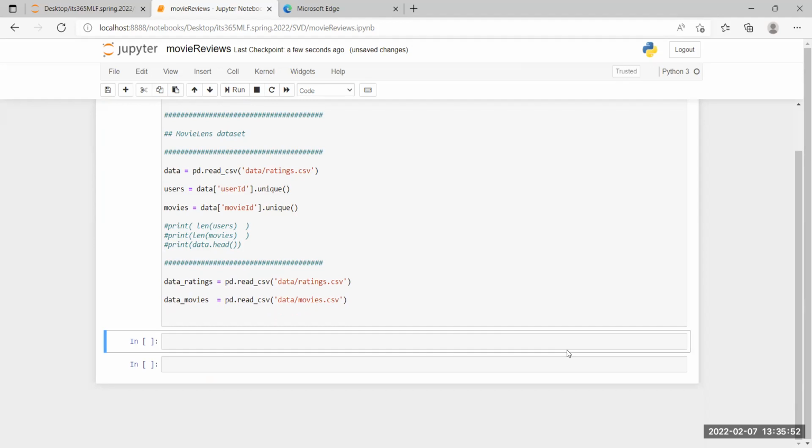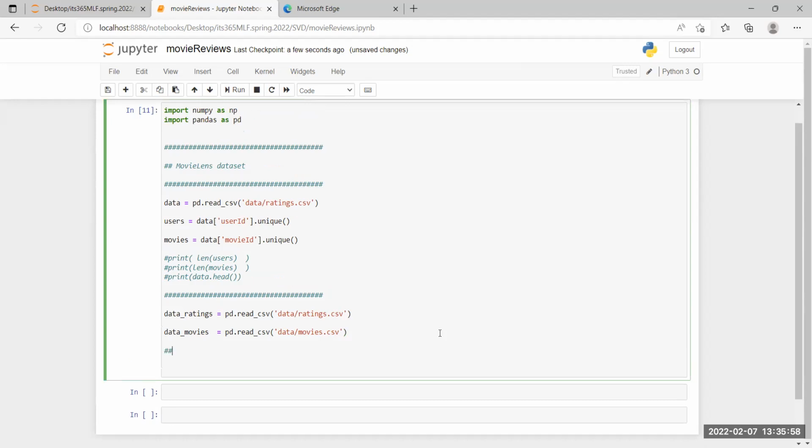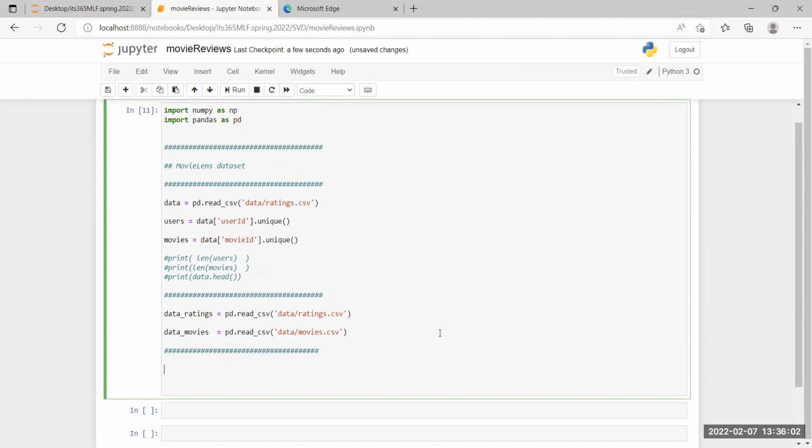Now, the next thing that we might want to do, I'll kind of end with this one for today, is we're going to need our matrix, right? So the matrix that we're going to actually decompose into three, let's just call it the ratings matrix, right? So that's the name we're going to give it.